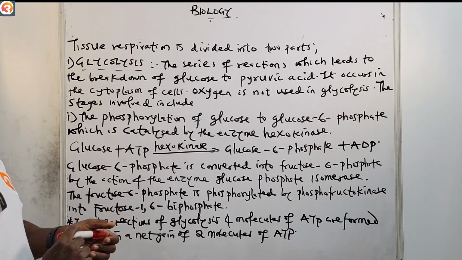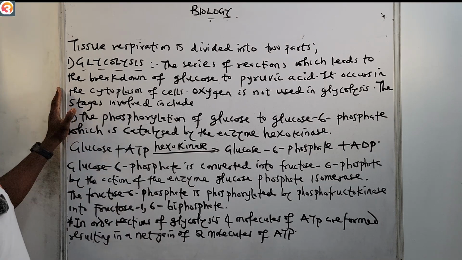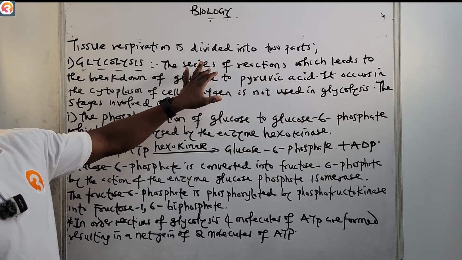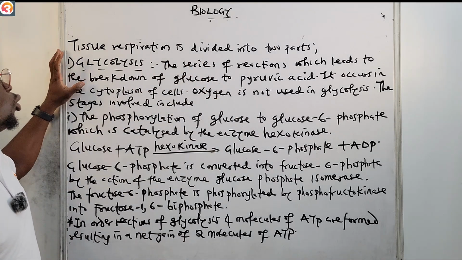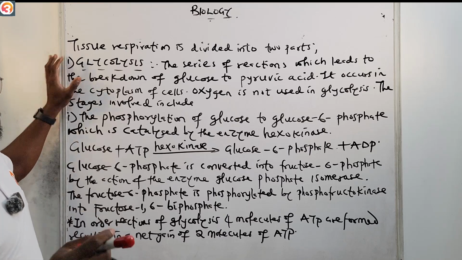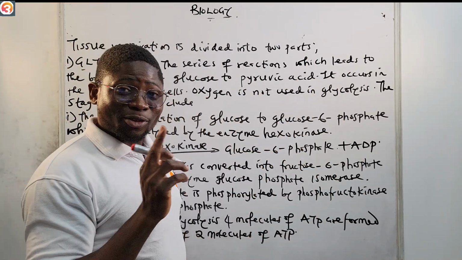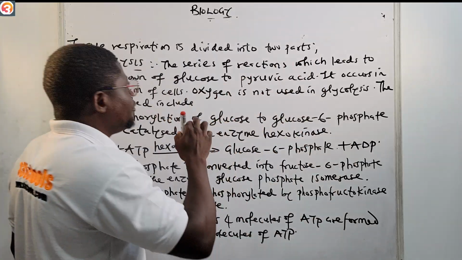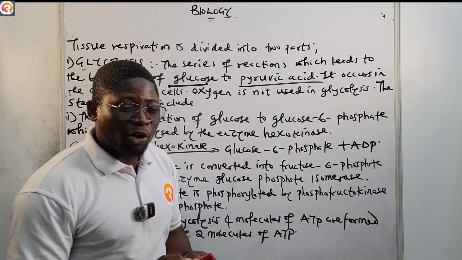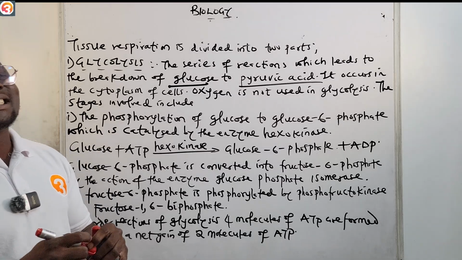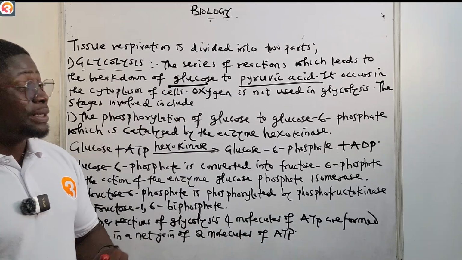So this first part is glycolysis. Glycolysis is a series of reactions, shown on the board here, which leads to the breakdown of glucose to pyruvic acid. You can see the answer to the past question we saw. Glycolysis involves about 10 enzymatic processes, 10 reactions, to bring